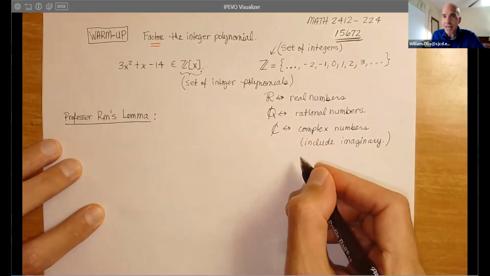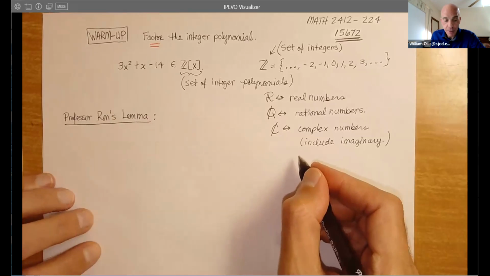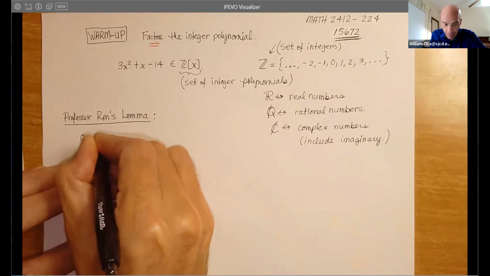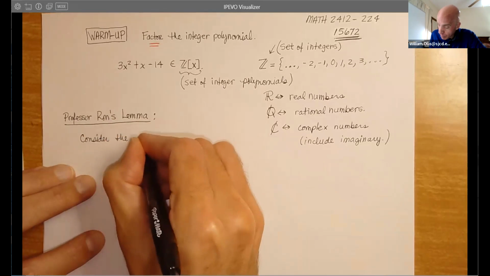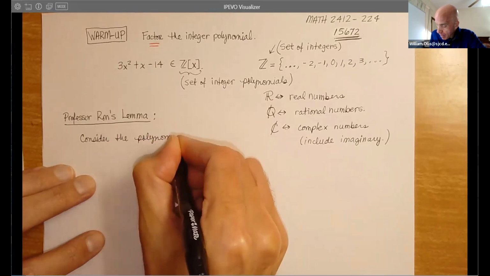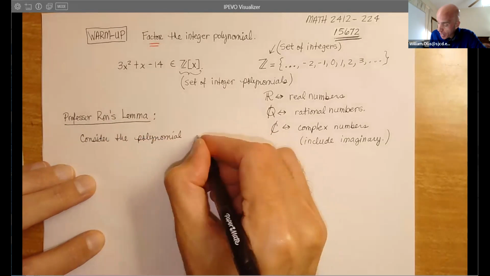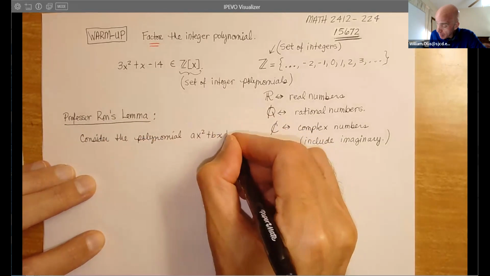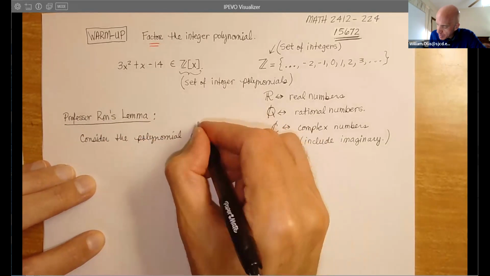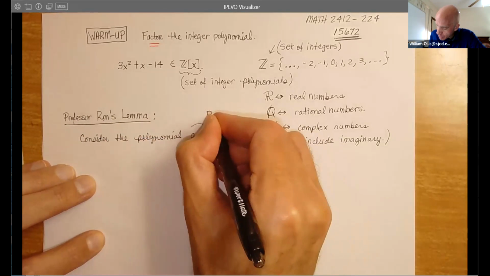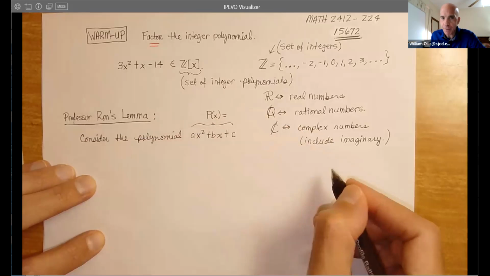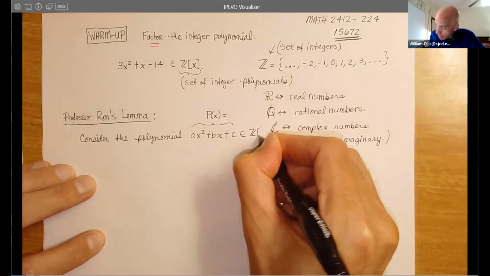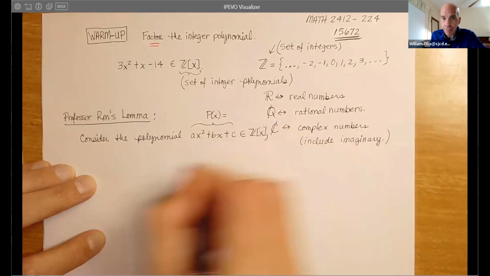And I'm going to write it in a notation so you can use this to teach your friends. So here's what we want to do. Consider the polynomial, and we're going to write this like in the standard quadratic form, ax squared plus bx plus c. And I want to give this a name. For now, we'll just call this p of x. I should have written that before, but I just want to give it a name, p of x. And this is going to be an integer polynomial, where,